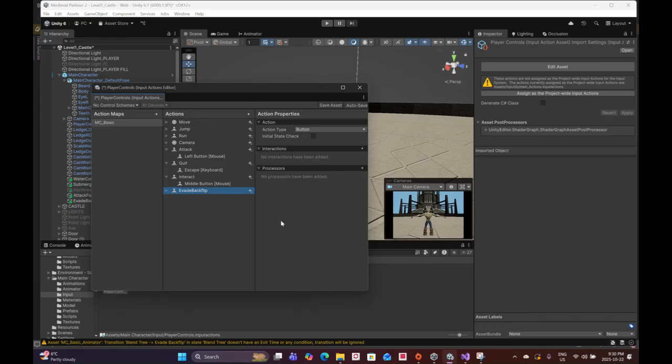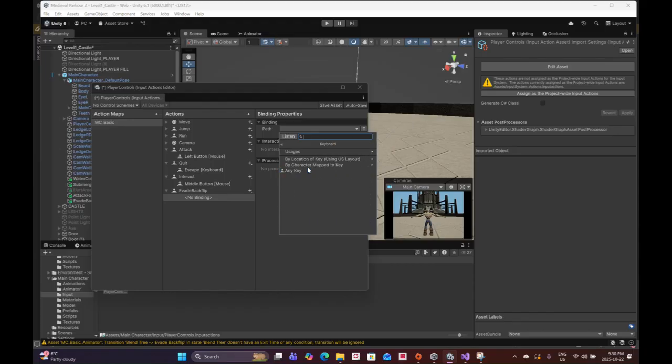We'll call it evade backflip. It's going to be a button, and the binding is going to be keyboard, left shift. So make sure you save,